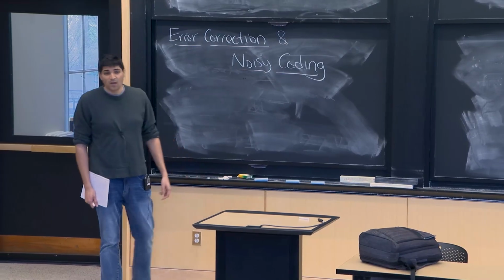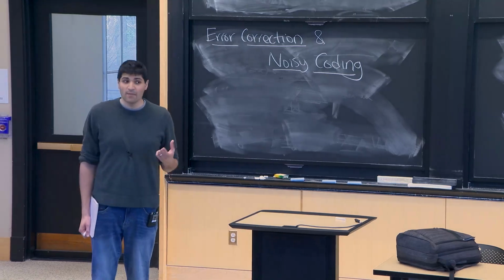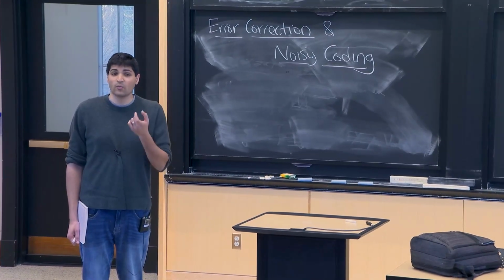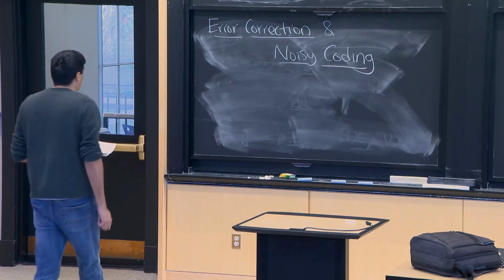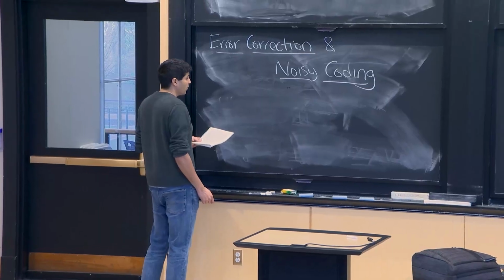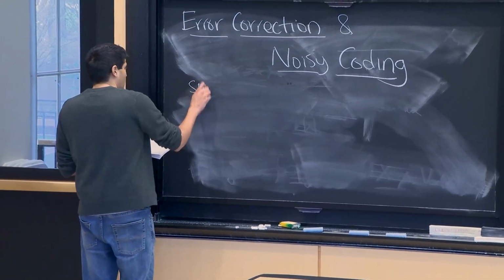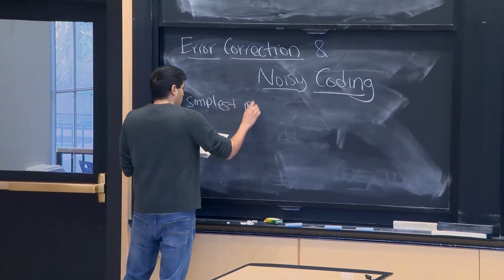error correction. So far we've been exclusively talking about compression, how you can take a message and reduce the number of bits you need to transmit in order to reliably be able to recover the original message. Now today we're going to talk about a very realistic scenario, which is when the way that you're transmitting introduces errors. So there's a very simple model, which is a good way to get started,